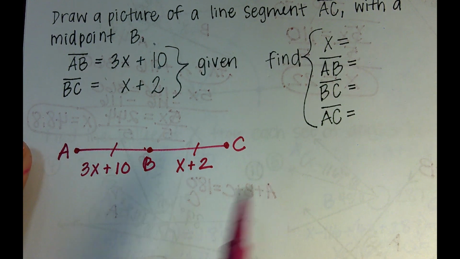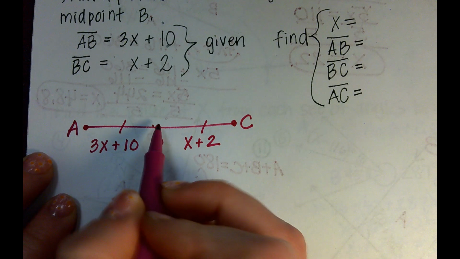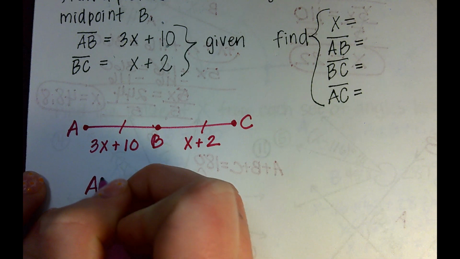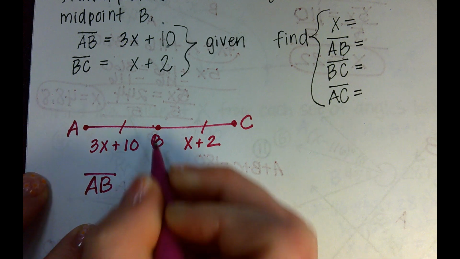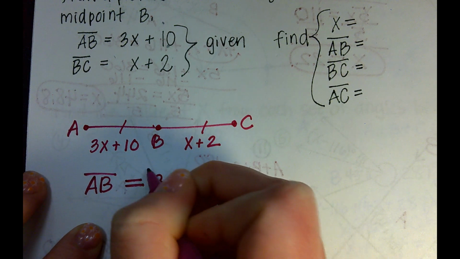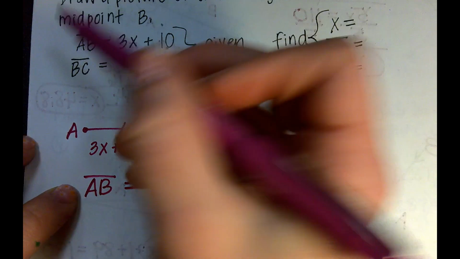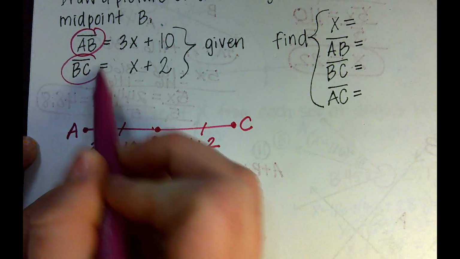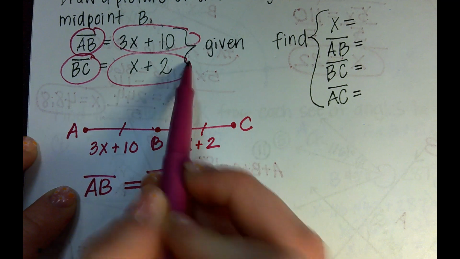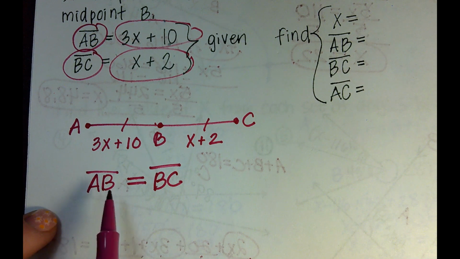3x plus 10 equals... plus B. So really what's happening here is AB equals BC, and we're just replacing that with the values they gave us. Here's AB, here's BC. So the equation we write is